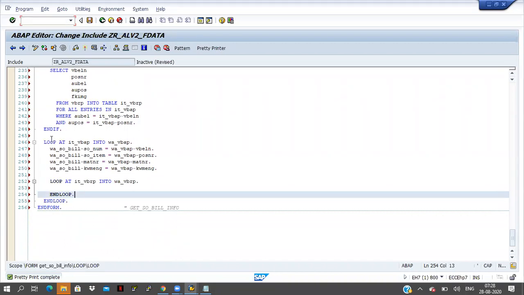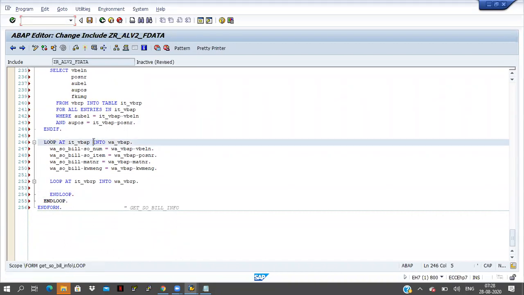First of all, I am looping the IT_VBAP, the item table. First document number came, first item number came. For this first document number and first item number, I want to loop the IT_VBRP, because IT_VBRP is the item data. It may contain 2-3 fields also.